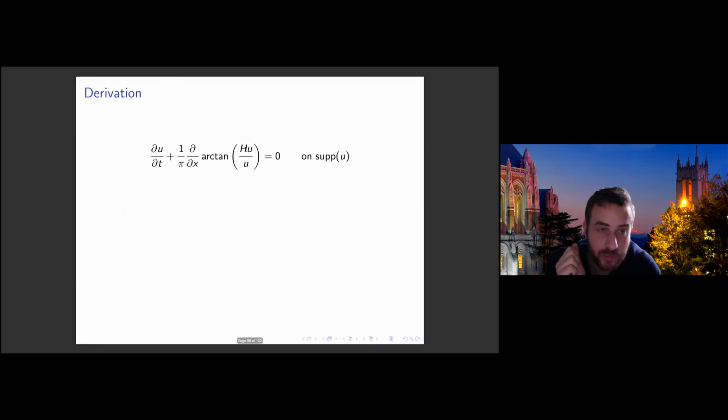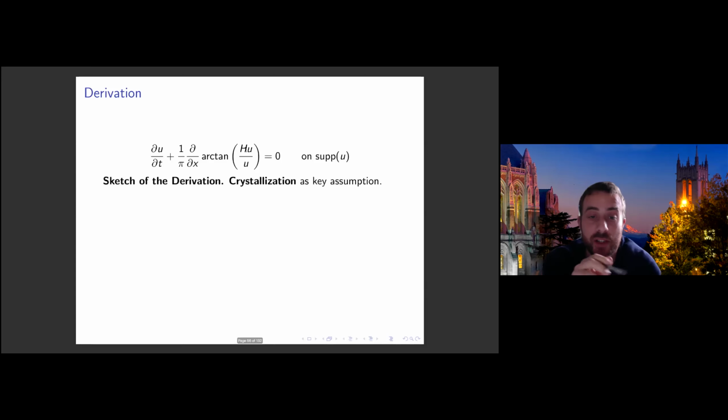Okay, so let me tell you about how I derived the PDE, and it's a very hand-wavy type argument, and you'll see immediately why. I basically assume that everything goes well, and all the error terms are okay. To the best of my knowledge, so far there is no rigorous derivation of this PDE. It's non-rigorous, and I'll tell you exactly what happens. What I'm assuming immediately is that the roots crystallize. By this I mean,